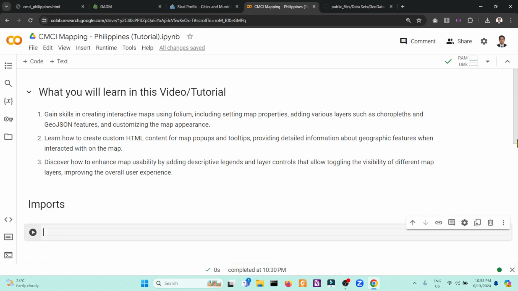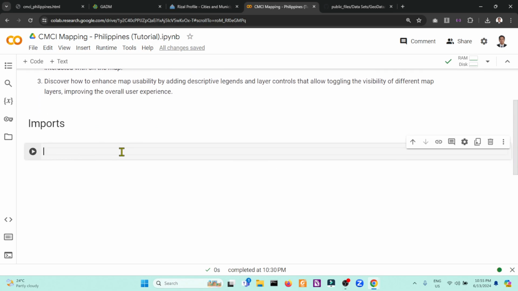imports. So from this section on, we will create the code for imports. So this is a comment. So I will just import the libraries. So what we need is the importation of Folium. So this line imports the Folium library. Again, Folium is a Python library used for creating interactive maps. It is built on the Leaflet JavaScript library, and it allows you to visualize the data that's been manipulated in Python on an interactive Leaflet map.